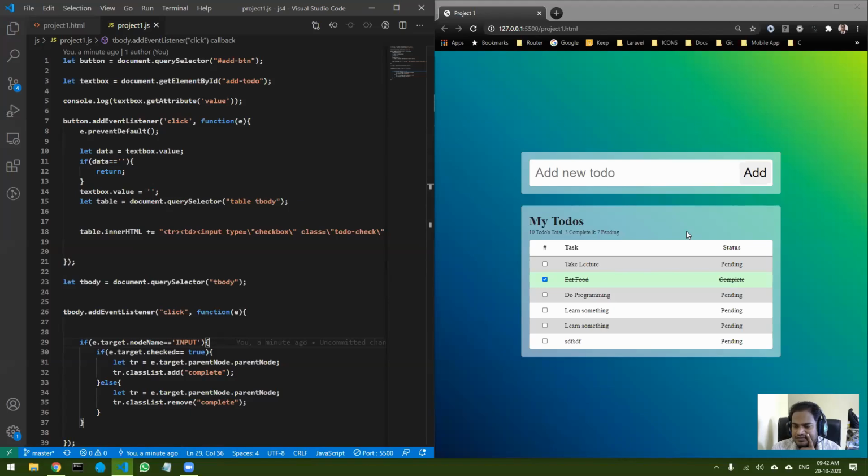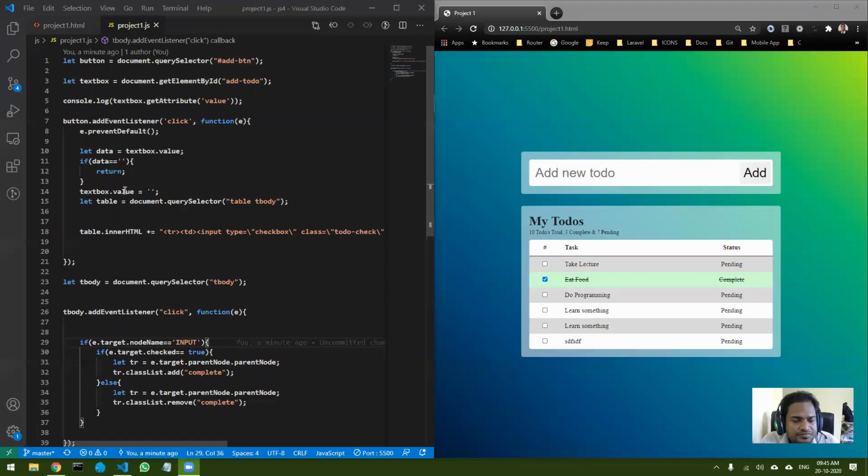Any other queries? Okay. If there are any queries, okay. Can we return a placeholder saying please type something when user tries to add blank? Yes, why not? So you can do that. You can use the setAttribute command, and you can set the attribute to placeholder, comma, whatever value you want to set. Okay, or else better you can do data, you can do this.